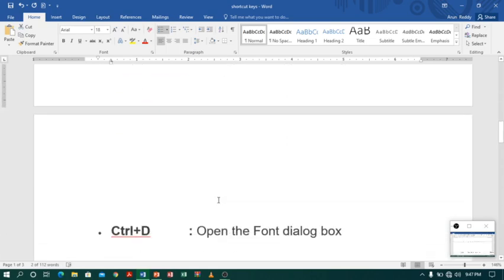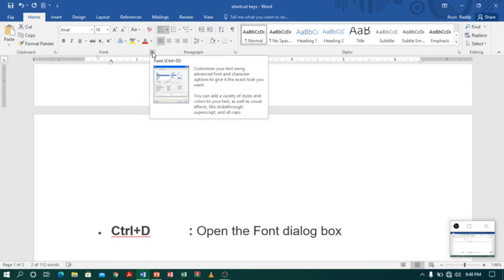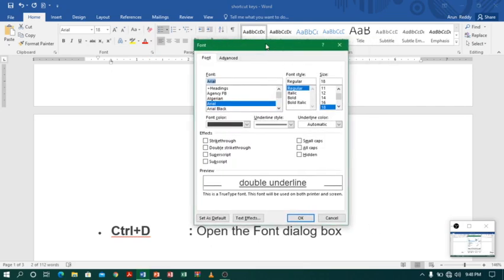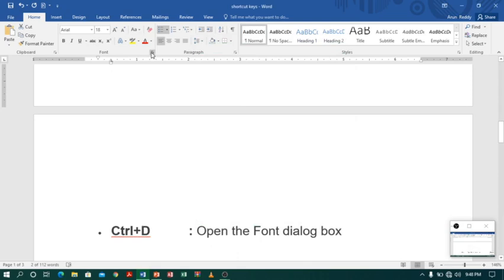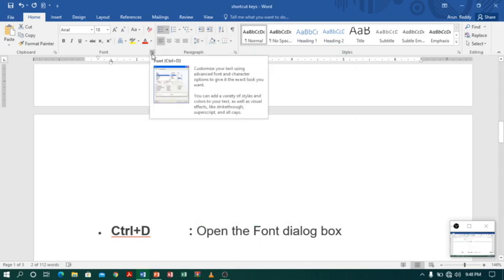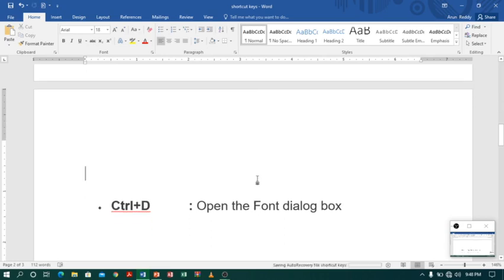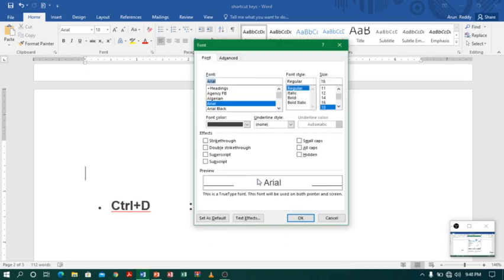Nice, right? Coming to the next, it's the font dialog box. You can see it's the font tab. In the font tab, you can see the corner. You have a dialog launcher. If you click this one, you will get a dialog containing fonts. So all font options will be available in this dialog box. If you want this dialog box, you have to click on the bottom corner. The same thing you can do by using the shortcut key Control plus D. So if I click Control plus D, a font dialog box will open. Nice, right?